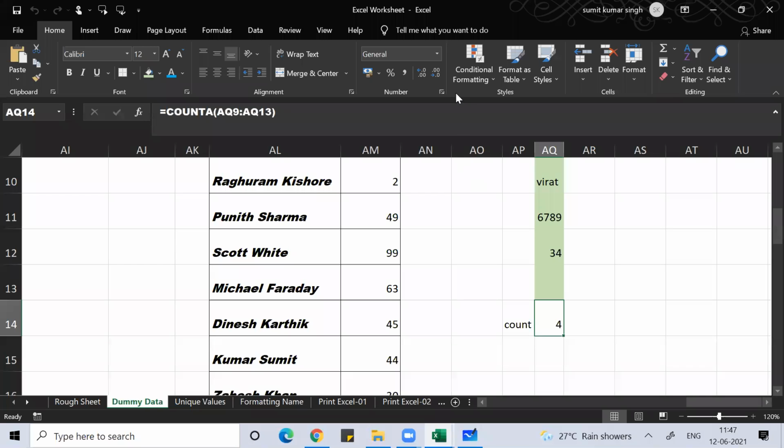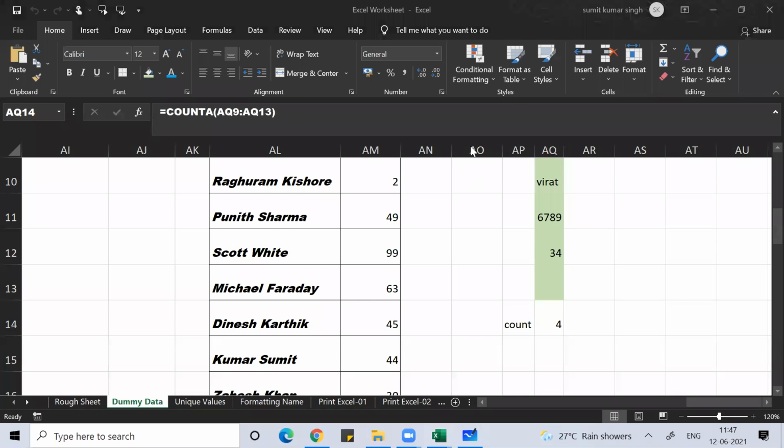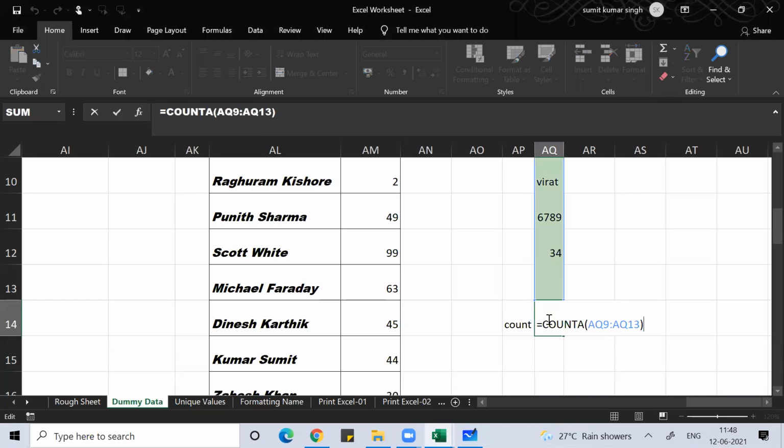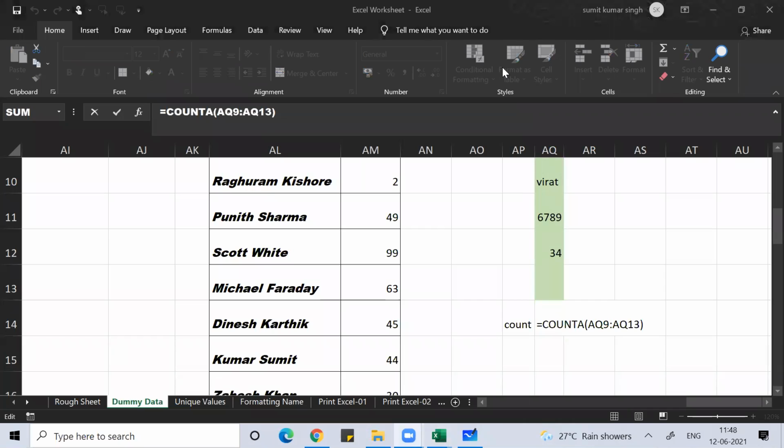So are you understanding this? If you have alphabets and you want to count them, you cannot use the count function. There you need to use COUNTA. Clear, everyone?